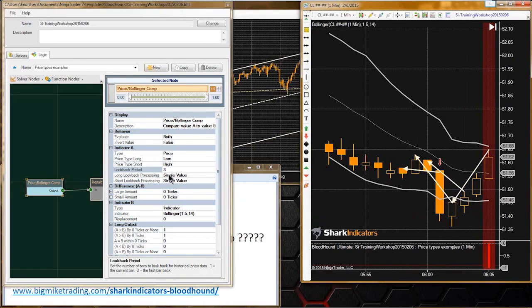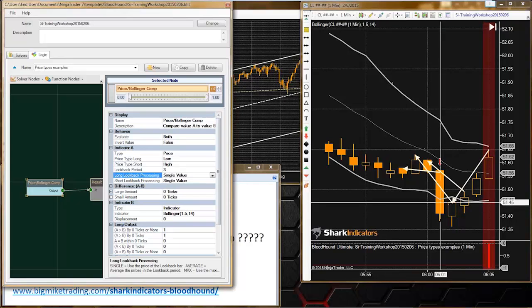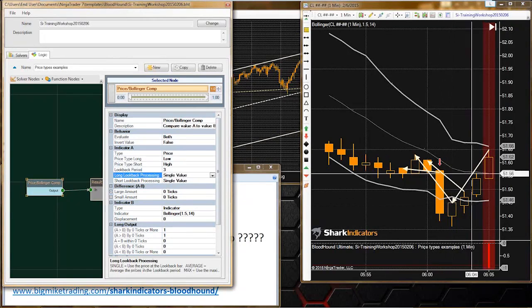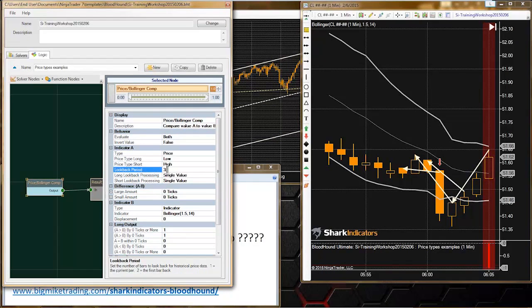Right. So the single value just grabs the value of the bar of the look back period. So if we're looking back 3, it's just going to grab the bar of that third bar back. Alright, so let's see some of these other